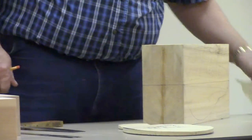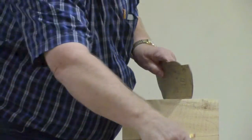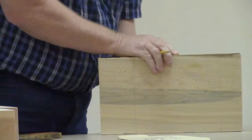So what that does, that helps me locate the front of this breast cut, well, right off the front of this, so that I know that the front of this is absolutely going to be the same as that, right? So it kind of, you know, all the parts start coming together all of a sudden. So if I set this on the side